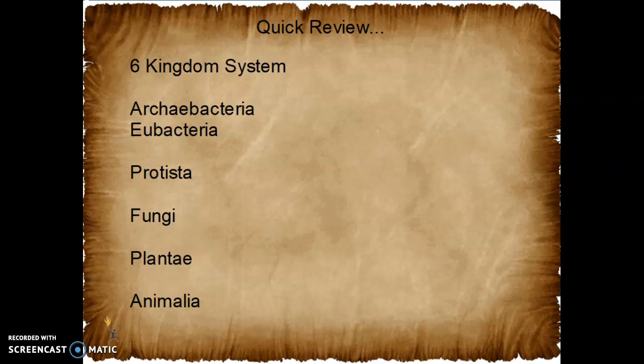So before we do that, let's review real quickly the six kingdom classification system that we learned in regular biology. There are six kingdoms, and we're going to focus on these two today, which include the bacteria, and then there are protists, fungi, plants, and animals. So you'll notice we're going to do the bacteria today. We'll do the protists tomorrow. Fungi don't really exist in the ocean because they can't handle the salty environment, so we'll go straight from protists to plants, which includes all the seaweeds and the plants that are on the beach,